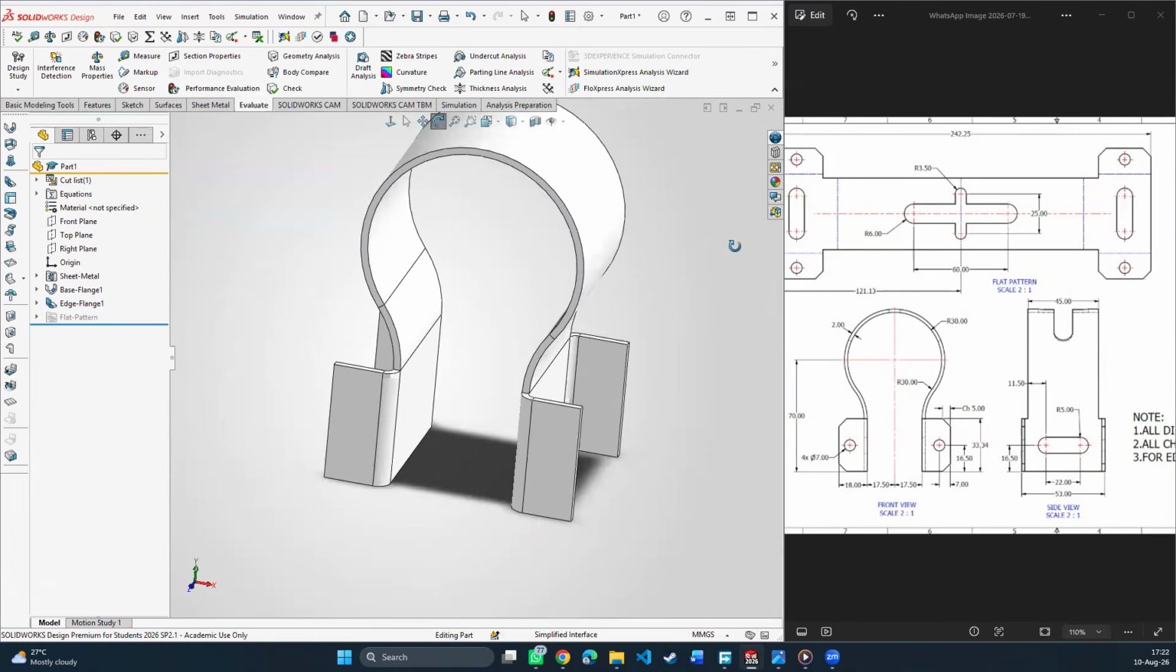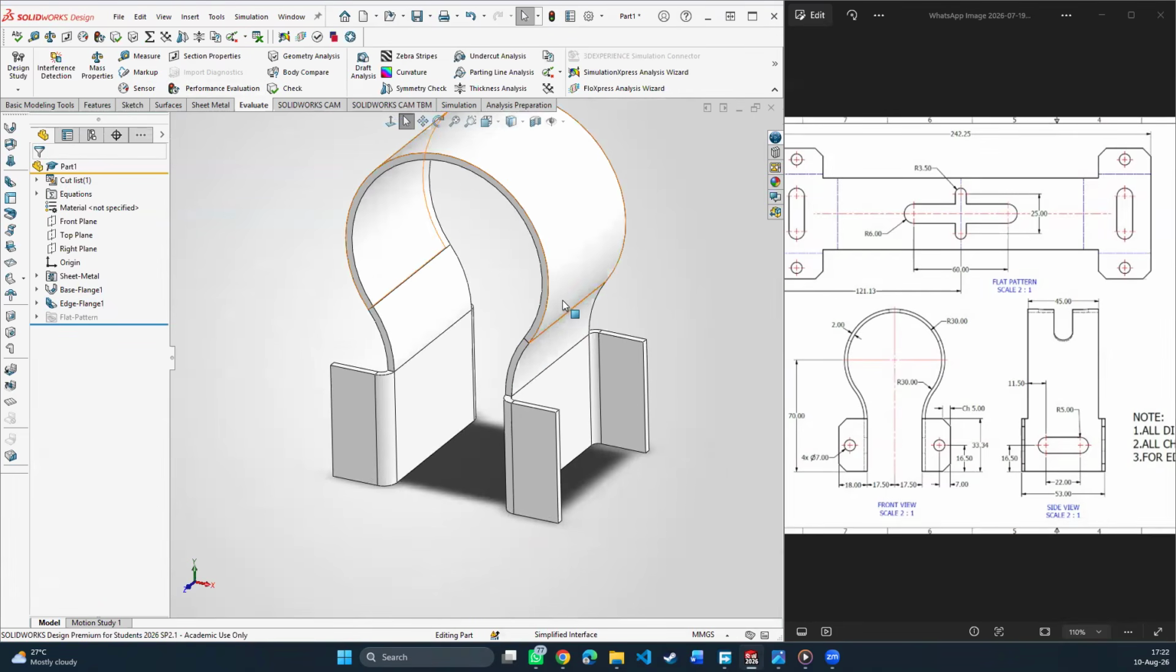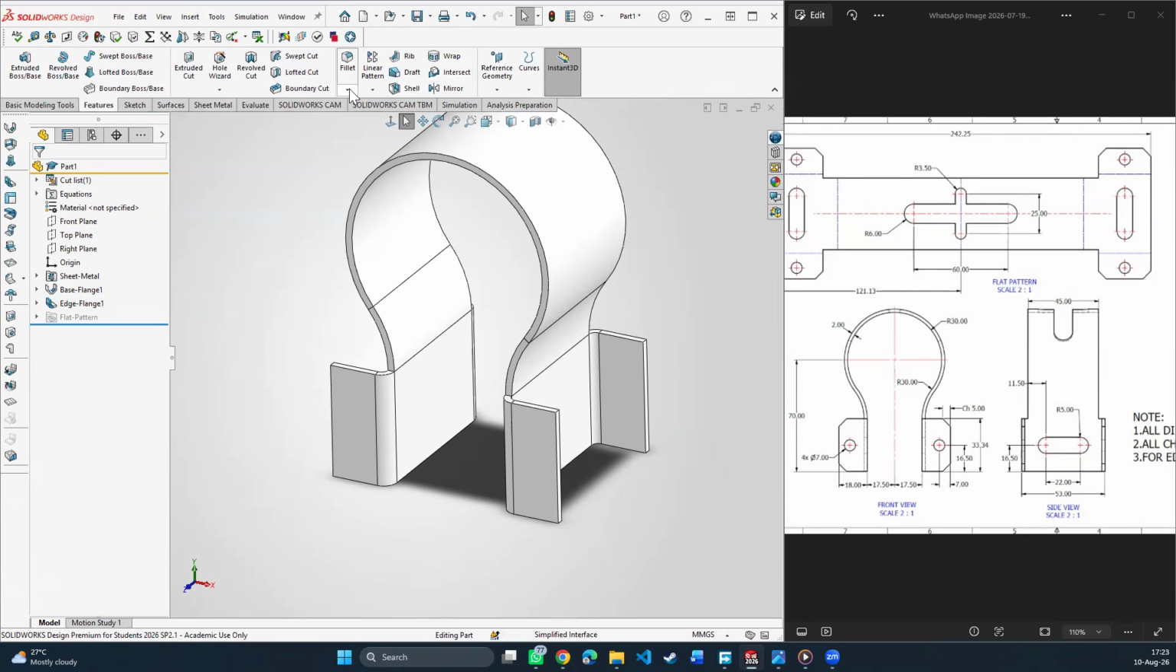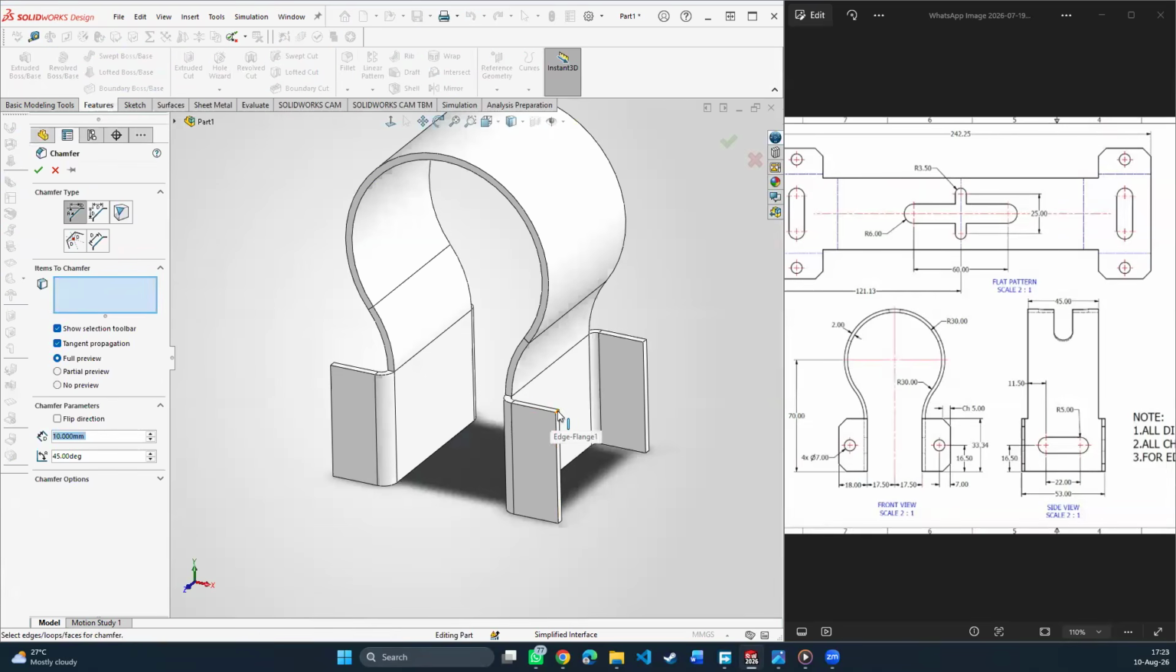So the next part is going to be chamfer. I'm going to chamfer this cut instead of using cut extrude or something, just chamfer. Go to features, under fillet, click chamfer, and just select